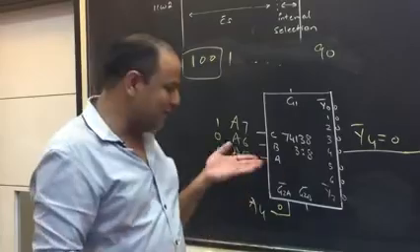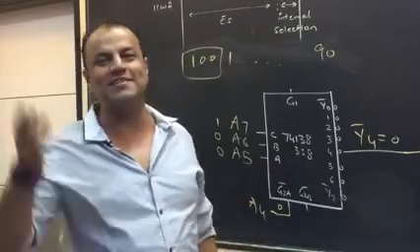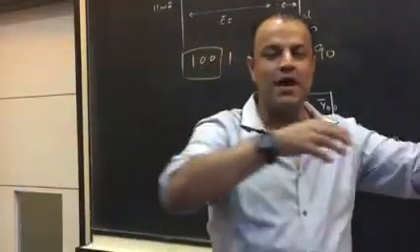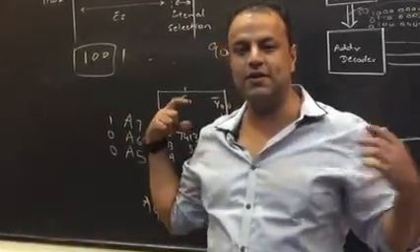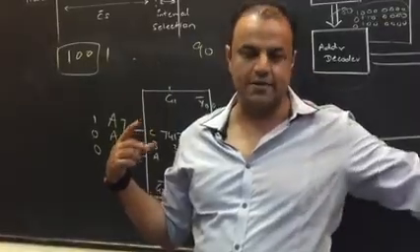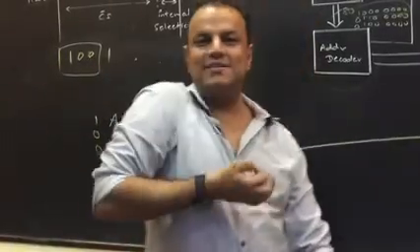Into the decoder. How can the decoder produce A4? Who is the decoder to produce A4? A4 is a part of the address bus. The address is given by the MUP, by the processor. The MUP gave A0 to A7, out of which we have taken A7, A6, A5 and given them to the select lines of the decoder, telling the decoder only when they are 100 produce the output Y4, which I'll give to the chip select. Great. Now, I've picked out A4 from the address bus and given it as an enable to the